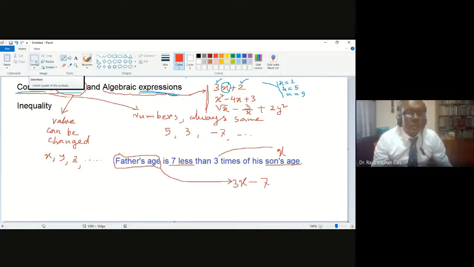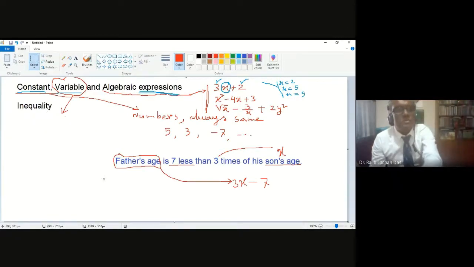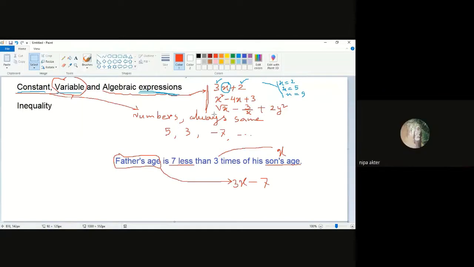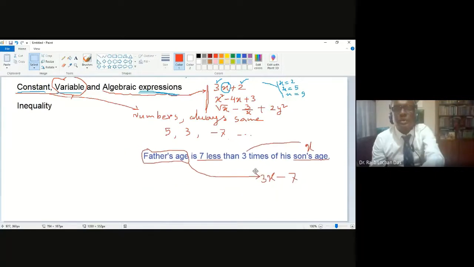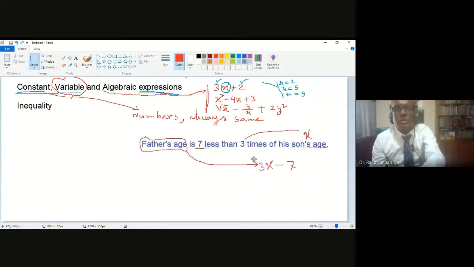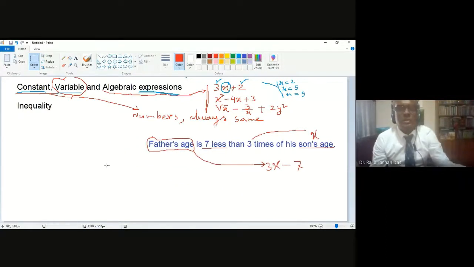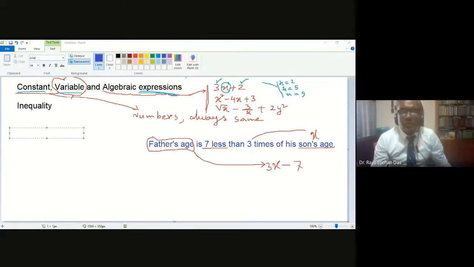Okay, let me give you another example. Is that okay, or is everyone fine? Should I give another example like this? Yes, sir. Okay, let me give you another example. So this is one example, and let me give another example. Okay, so another example is: